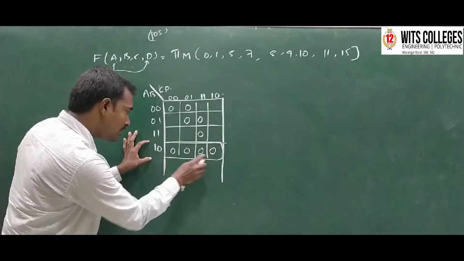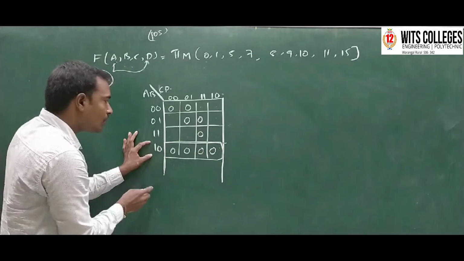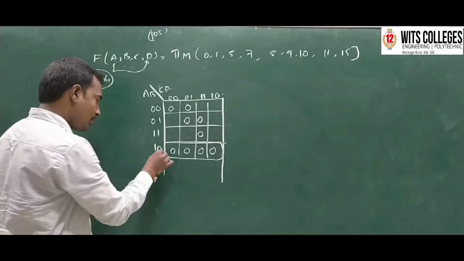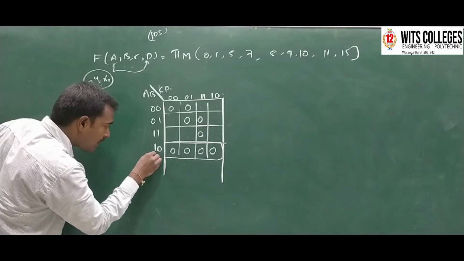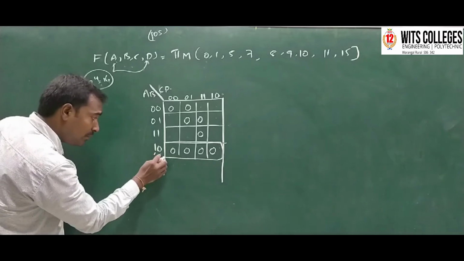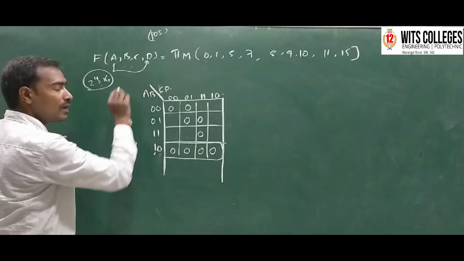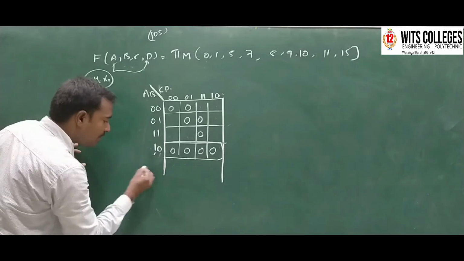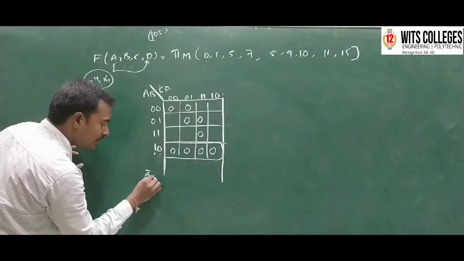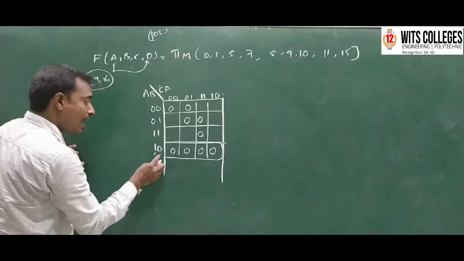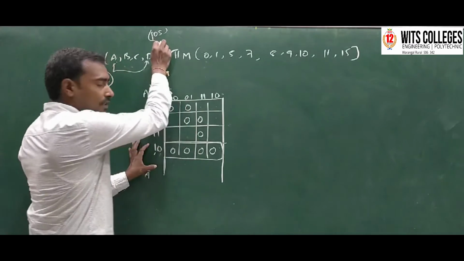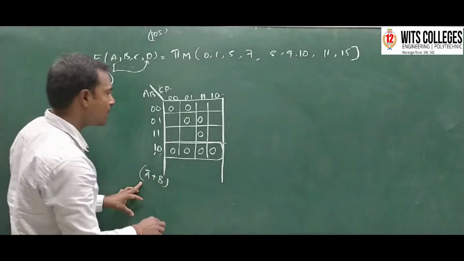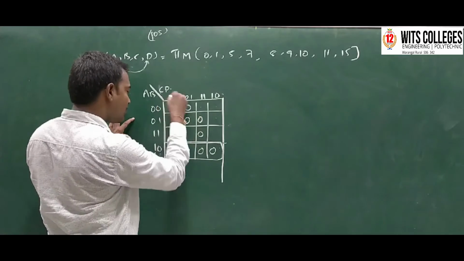For this side we have 1 0, and these are all different, and we don't have any common variable. So here I am taking the actual value as 0 and the complement value as 1 in the product of sums. So a is equal to 1, that is a bar, and b equal to 0, that is actual b. So a bar plus b we will get here.